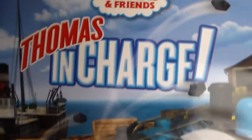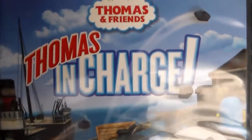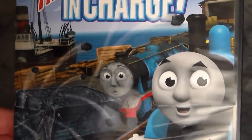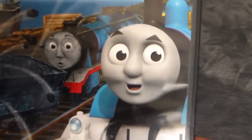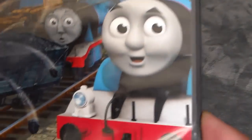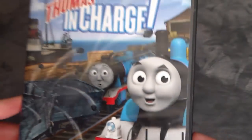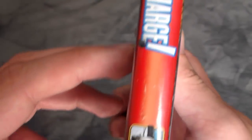But anyway, Thomas and Friends, Thomas in Charge, and Thomas is over here. It looks kind of like an old school comic book logo, like the Invincible Iron Man or something like that. Gordon crashing into some coal trucks, and there's Thomas in front, oblivious to what's happening behind him with Gordon running into those coal trucks. Oh man. On the side, you've got the Hit Entertainment logo, like always, Thomas and Friends, Thomas in Charge, a